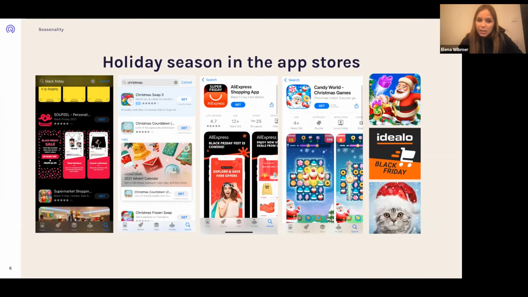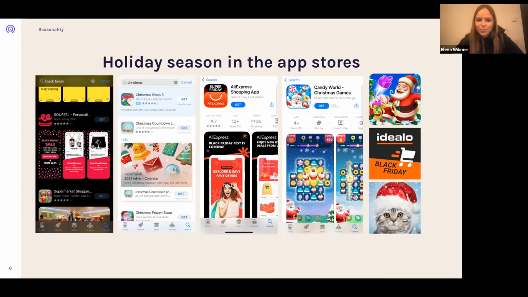They have very nicely optimized screenshots. They have their metadata, as you can see for AliExpress, they have included Black Friday in the subtitle, whereas both of them also leverage it even in their icon. So cool examples of what comes up if you search for Black Friday at the moment.